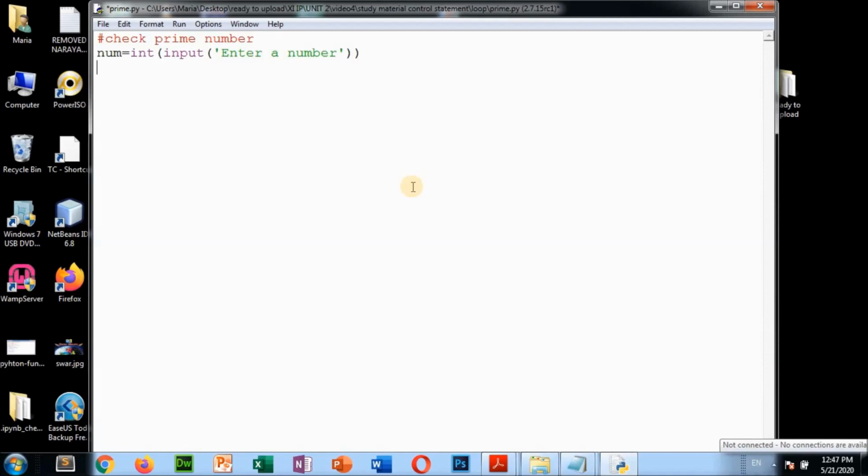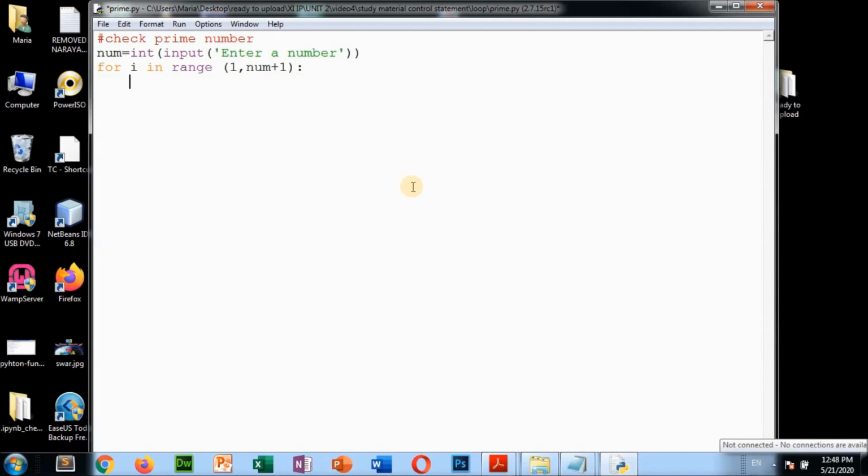So now i is the looping variable here. For i in range. From where to where are you going to divide? From 1 up to the given number, comma, num plus 1 you have to write. Because if you write num, that means for 5 it will go only up to 4, so it will not display the exact result. If you write num plus 1, that means 5 plus 1 is 6, so it will go up to 5. Now here you give a colon.